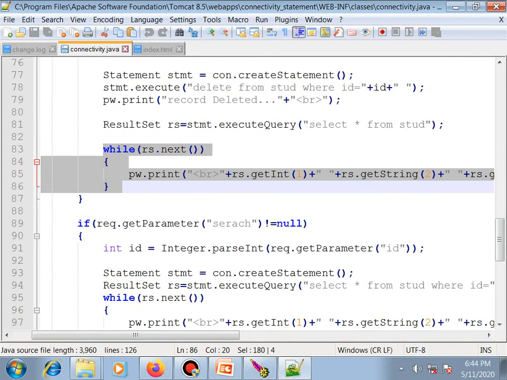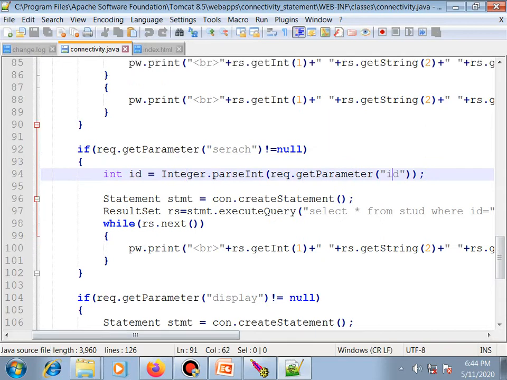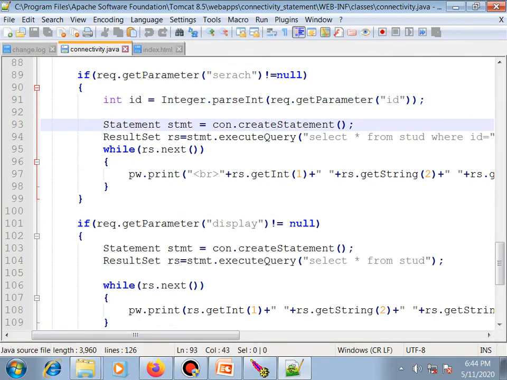Next, for search, if you want to search your data based on the ID, you can easily search it. Integer.parseInt getParameter ID, statement, createStatement, ResultSet equal to statement.executeQuery.